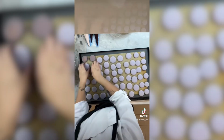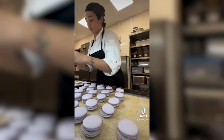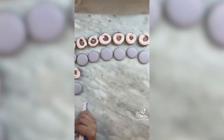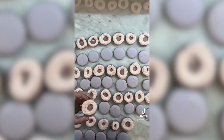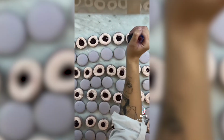Then here I am removing the shells after they've been baked and cooled down. And for my filling, I prepared a raspberry flavored boiled buttercream. And I'm just swirling that on the outside, sort of like a border, to create a wall to keep everything in. And then I'm piping a blob of that blueberry gel Pasquale made and just placing the tops